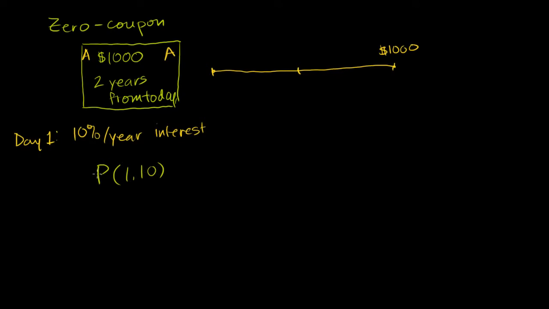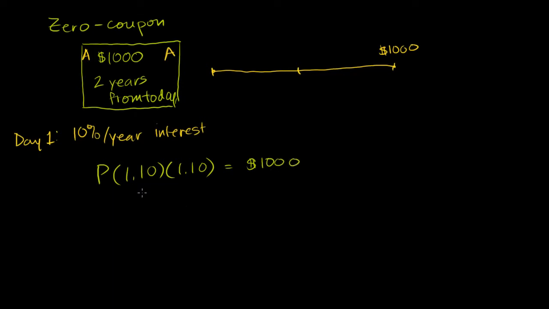So after 1 year, if I compound it by 10%, it'll be P times this. And then after another year, I'll multiply it by 1.10 again. This essentially is how much I should get after 2 years if I'm getting 10% on my initial payment, the initial amount that I'm paying for my bond. So this should be equal to the